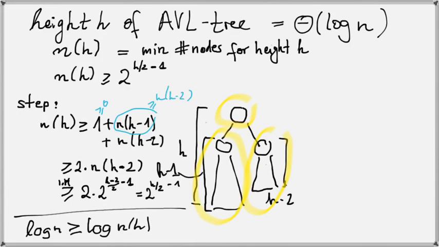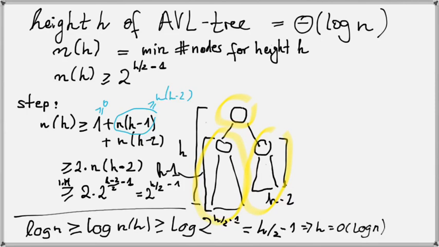And this is then at least log of this number here, 2 to the h half minus 1. So log to the 2 of something, that's simply the something that stays, so that is h divided by 2 minus 1. So log n is at least h half minus 1, meaning that h is bounded in terms of a constant times log n. So h is bounded, is in O of log